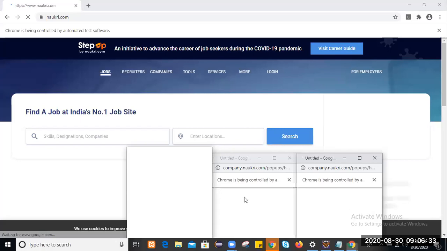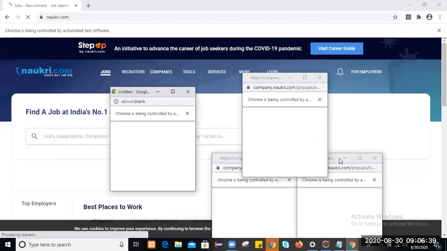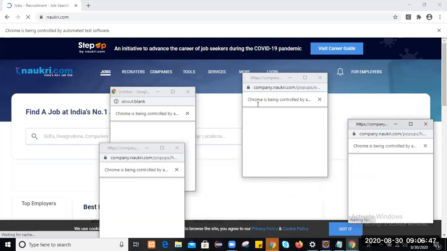This is one of the children, this is the second child, this is the third child, and this is the fourth child. Still it is loading. Once it completely loads, all these child windows will be loaded automatically. So this many child windows it will open.